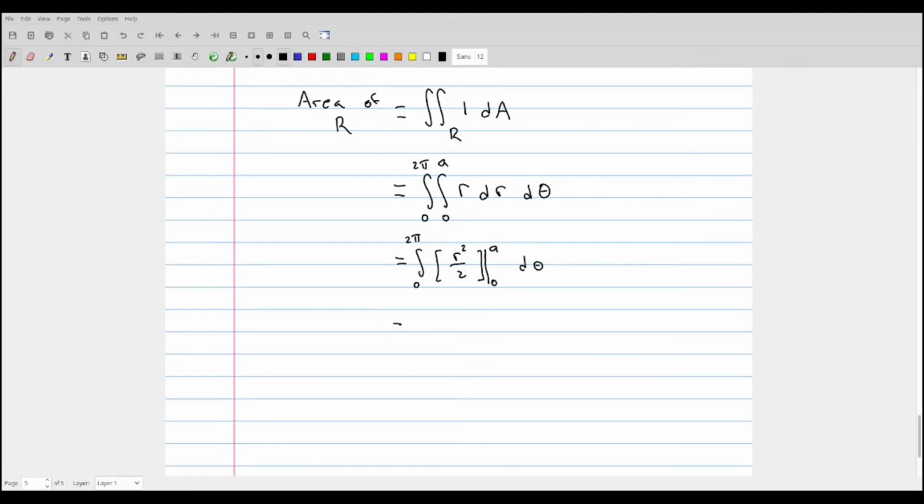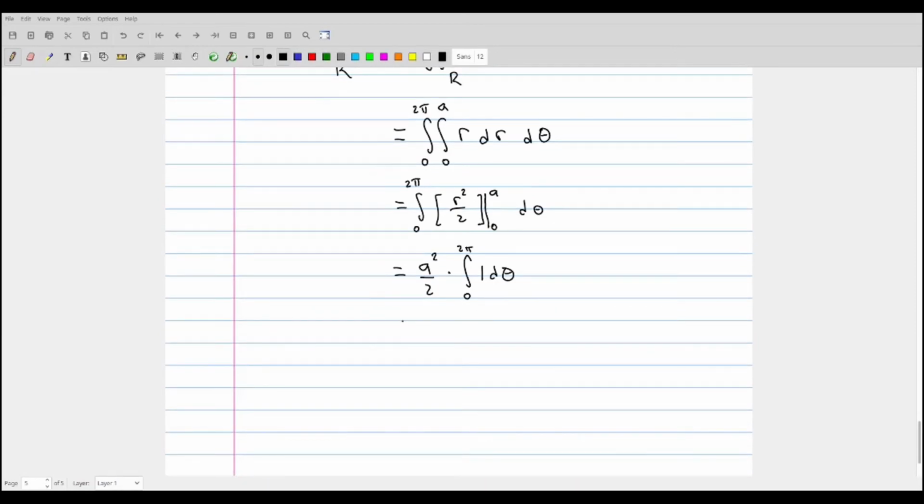So that's just going to be equal to a squared over 2 times the integral from 0 to 2 pi of 1 d theta. The integral of 1 d theta from 0 to 2 pi is just 2 times pi. The 2's cancel out, and we're left with pi times a squared,